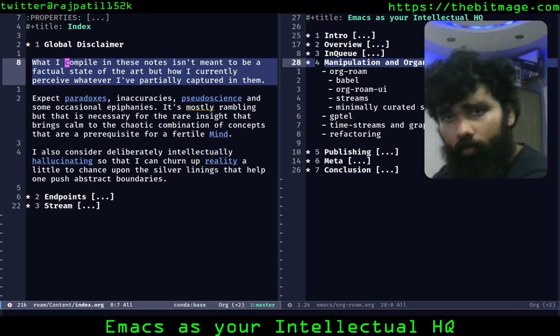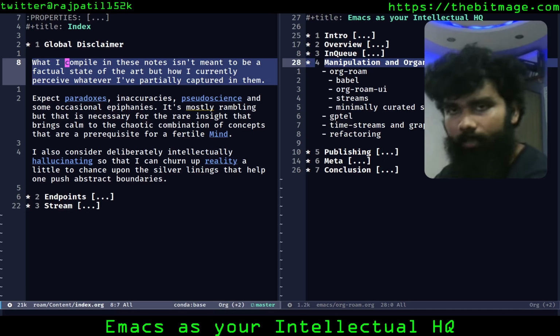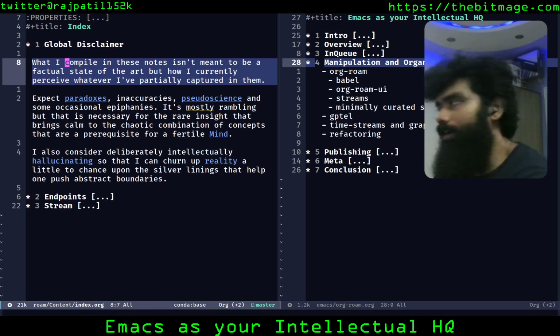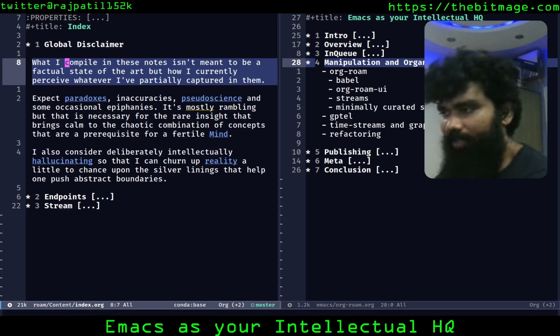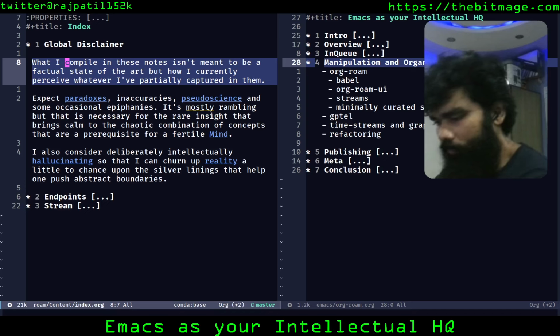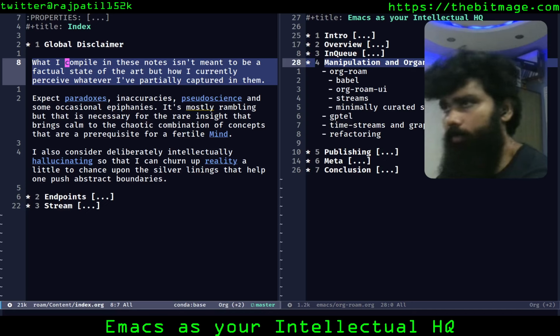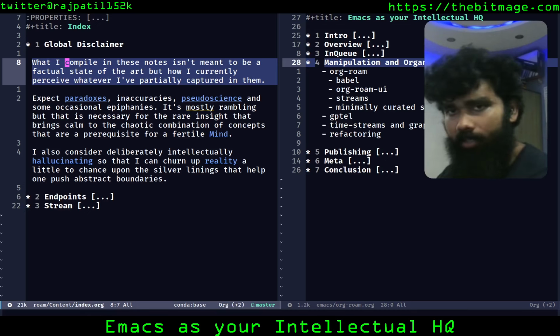I do like to refactor these from time to time. So I will not edit the streams. I treat them as immutable. If I do edit them somewhere, probably I'm not in the right state of mind. But then anything I write in a stream in here is from the intention of it being an immutable data structure of my thoughts over time. It helps understand your understanding over time.